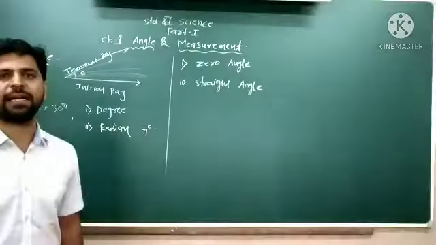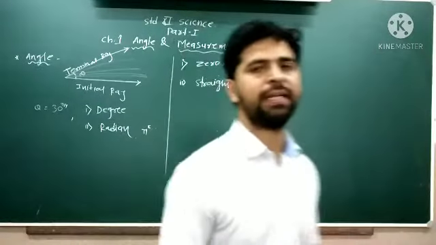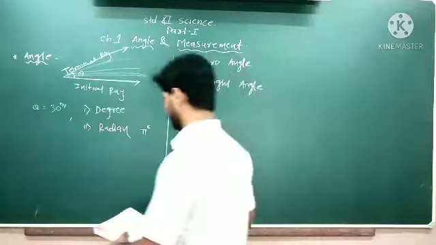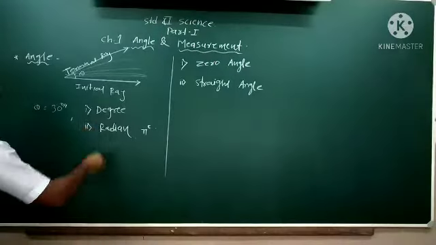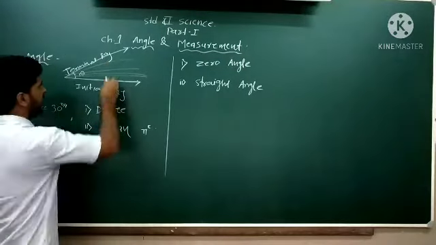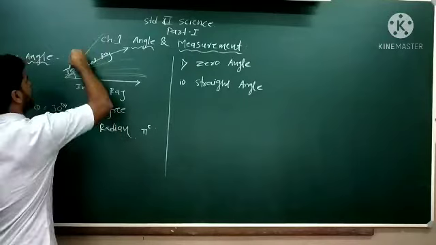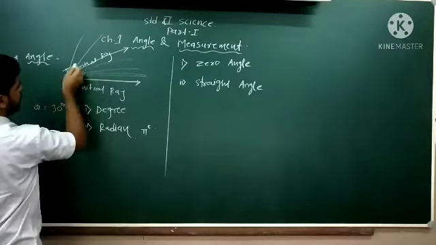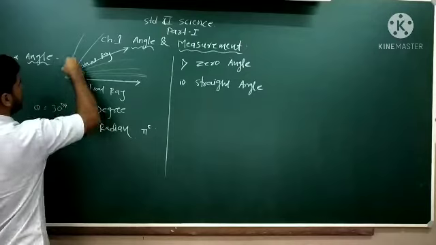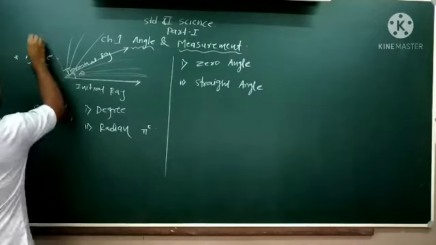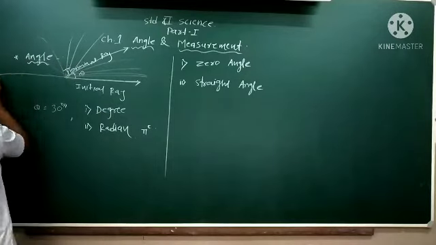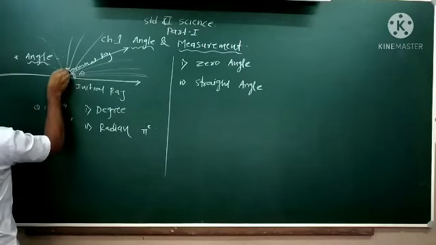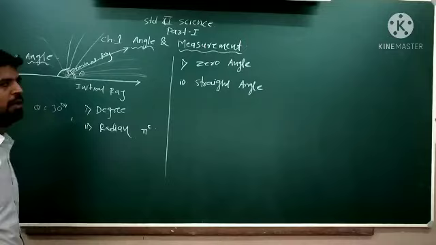Okay, straight angle is also known as 180 degree angle. Now, what is this straight angle? Suppose you have an initial ray like this, and this is your terminal ray. If I turn this initial ray to the left side, here it will get 90 degree, here it will extend, and somewhere you are getting a straight line. So till here it is 90, again it is 90, so it becomes 180 degree.